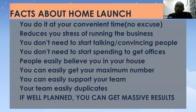If you are not going to properly organize your home launch, guess what? There's no need organizing the launch in the first place. The reason you are organizing a home launch is so that you can get massive results in your business. That is the reason you are doing home launch. In fact, the reason we encourage you to do a home launch